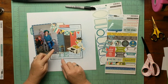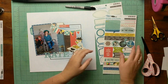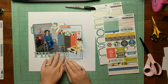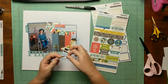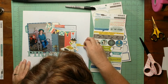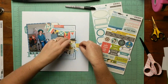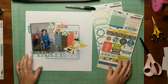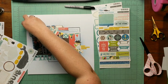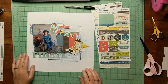So maybe give that a go sometime, especially if you have a little bit of mixed media on your background and it's not quite turning out the way that you thought, and you're like, what do I do now? Try closing it in with some Sharpie lines and see what you think, because I've done that more than once and actually have found that it adds a graphic element that balances out that loose and fancy, free, artsy, mixed media feeling when I'm feeling the need for some more structure. That, of course, was absolutely the technical term for that. So just in case you were wondering, don't ask me to repeat it because I have no idea what I just said. Anyway,